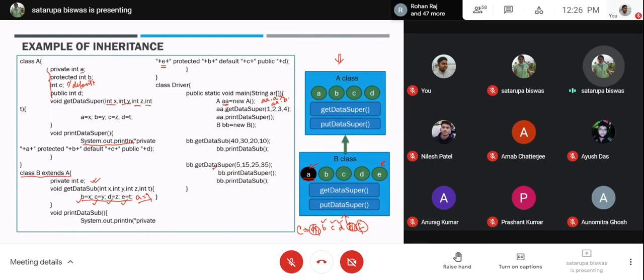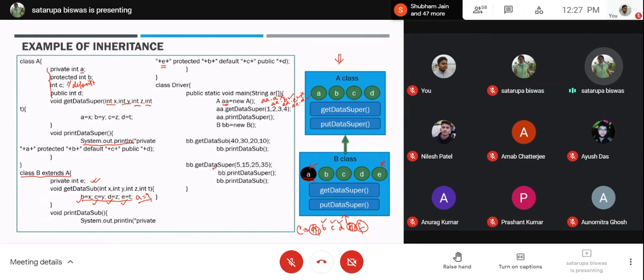This driver class, if it belongs to the same package, then yes. Then AA.C, if the driver class is present in the same package, then yes. If the driver class is not present in the same package, then no. If you write AA.D, always yes. Okay. So these are the access specifications according to the access specifiers you have written over there.